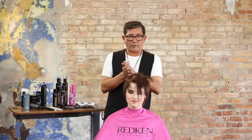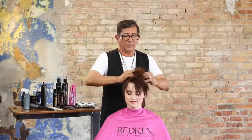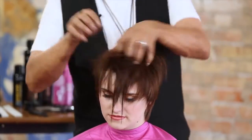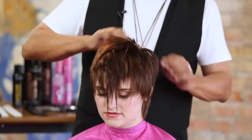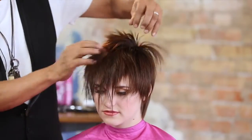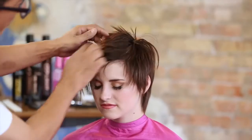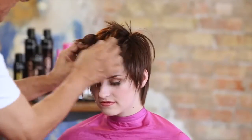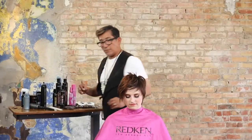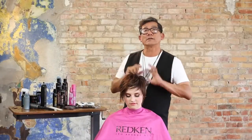Okay, not working with it, a lot of it coming through, and I'm just gonna massage that in. And when I blow dry this, I'm gonna work more with my hands than anything. And now just start to look at the movement and the way that it works. And I should have this back just basically really popping up. So you can start to see it almost looks like we've freehanded this haircut, but we actually cut it in a very controlled way. All right, so let's pick up our blow dryer, and we're gonna once again wrap dry